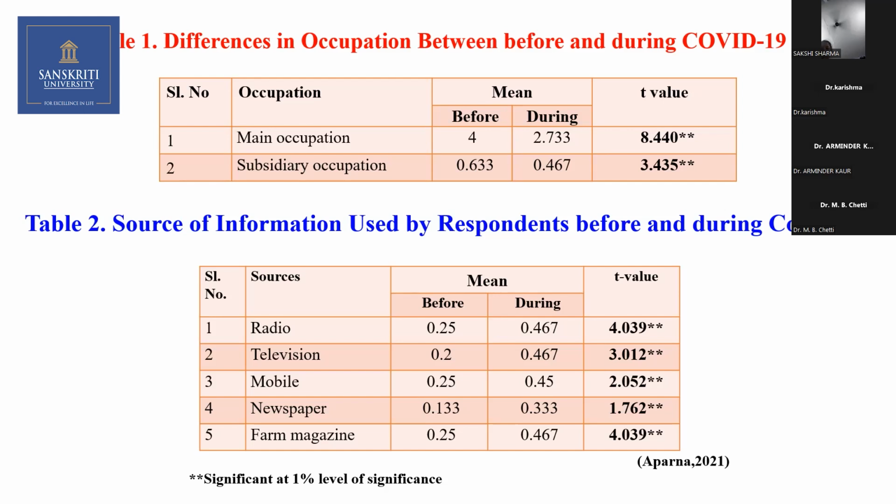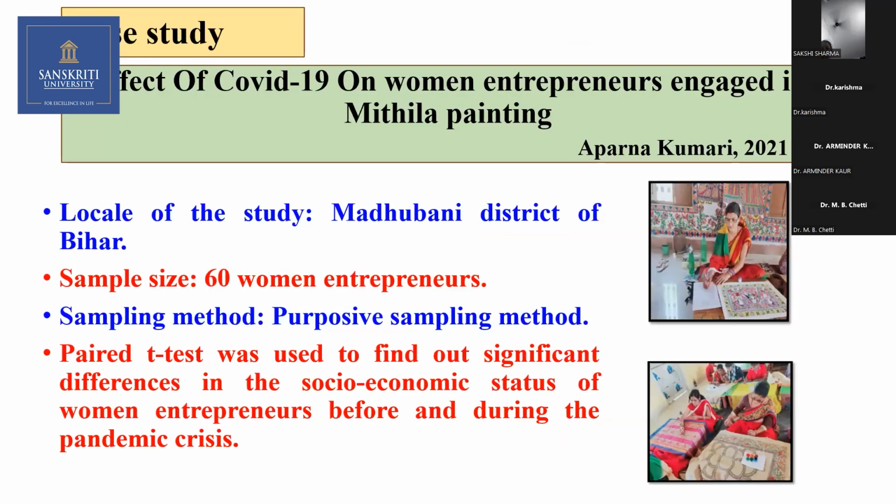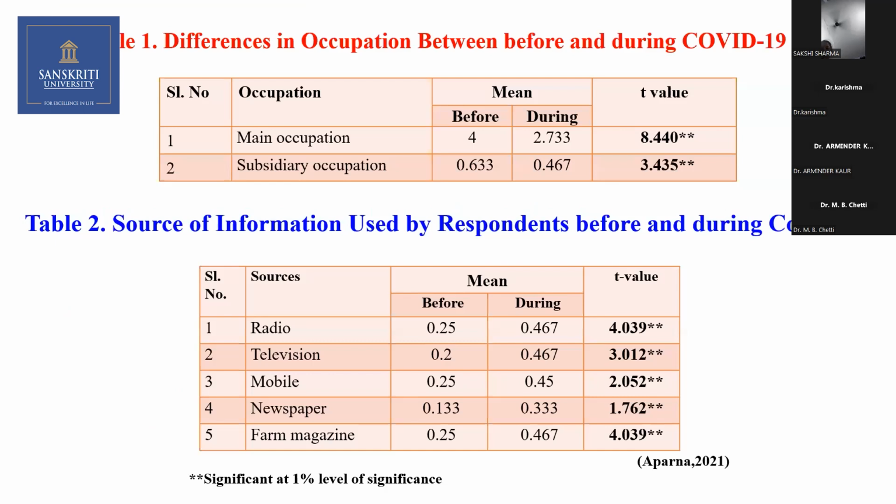Suppose they were actually engaged in Mithila painting, that has reduced drastically, and the T value being 8.44 is significant. And in the subsidiary occupation also, it is affected, which is T value 3.43. You can say that after COVID, their main occupation as well as subsidiary occupation has been affected significantly, and statistically